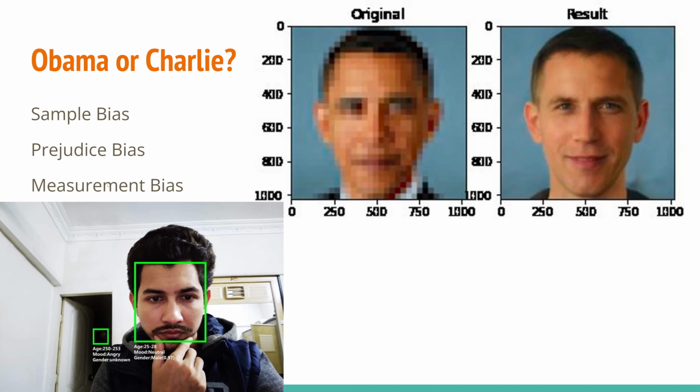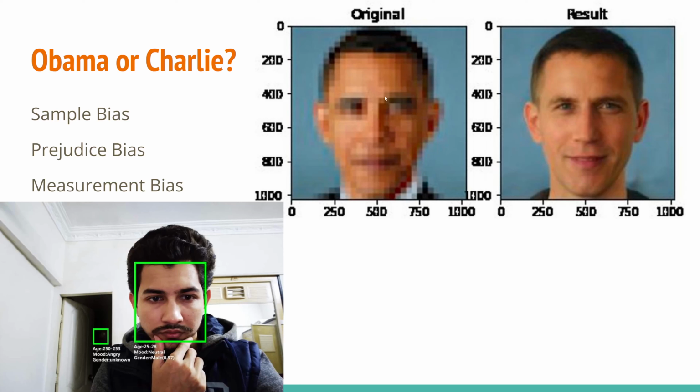So spend time looking up biases. These are just 3 biases, but there's a whole Wikipedia article talking about like 20 different biases. Look them up, read them, and be aware of them, because you need to know of them in order to make better machine learning algorithms, because no one's going to want to buy your product if it only works on one niche of people. So this is an example of it.